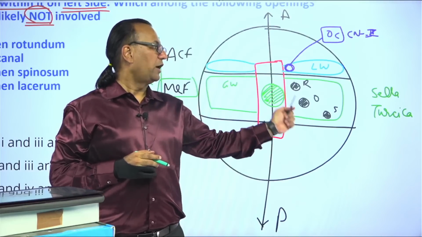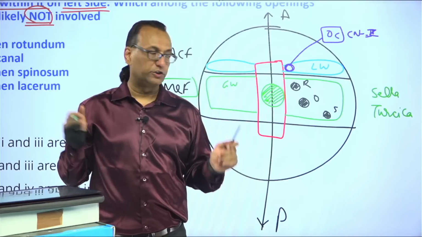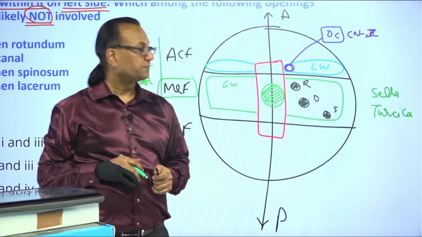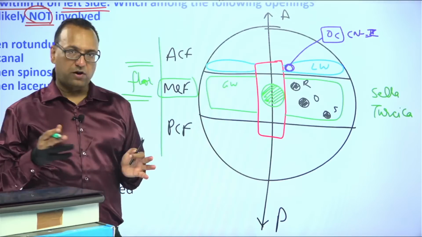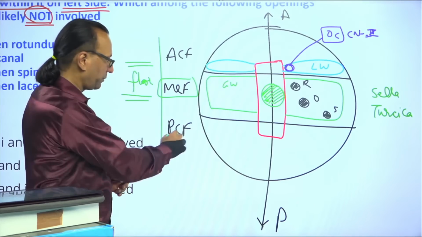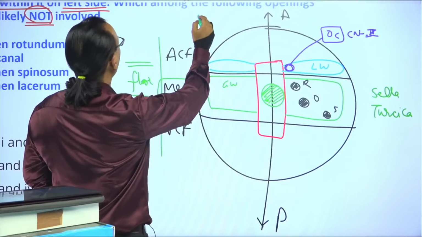What is passing through rotundum, ovale, spinosum? Some trigeminal nerve branches. So through rotundum, ovale, spinosum, some trigeminal nerve branches will be passing. Yes. Okay. Where is the foramen lacerum? Foramen lacerum, if you want to see, come to the posterior cranial fossa. In the posterior cranial fossa, you will have what is called the